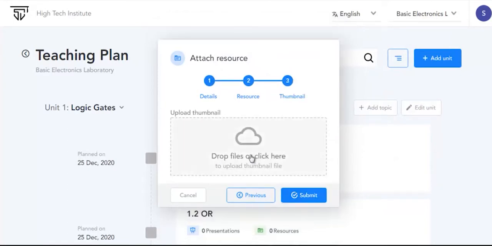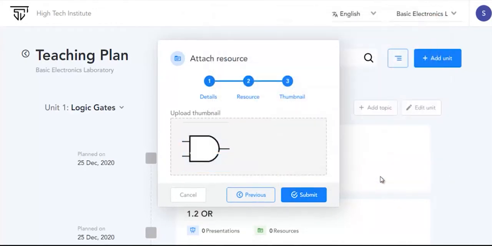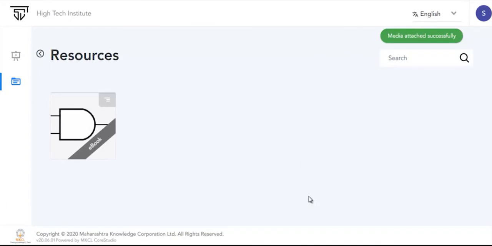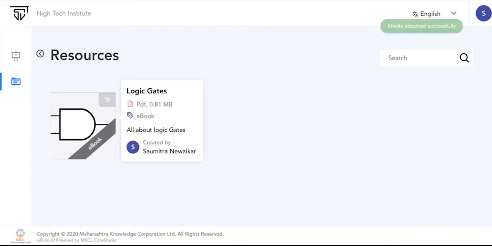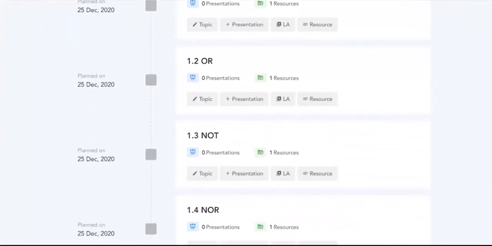The next step is to upload the thumbnail of the resource. Then click on Submit. Your resource is successfully uploaded here. When you go back to the teaching plan page, you can see that it is showing one resource.